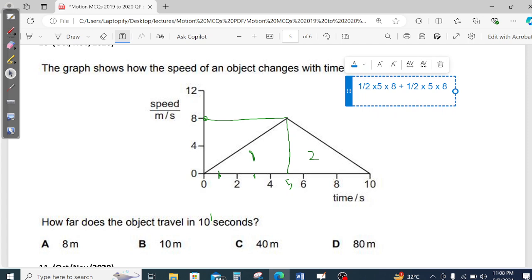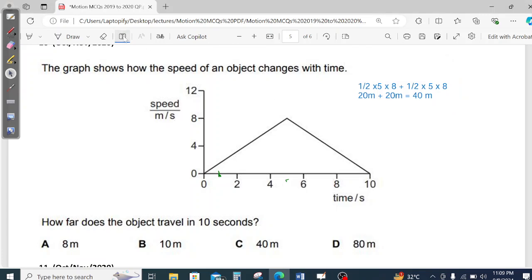So you will get here 1/2, 2 4s are 8, 20 meter plus 20 meter. Your answer is 40 meter. Is it clear? So your option is C. It is a very simple question. Okay, so the next question is question number